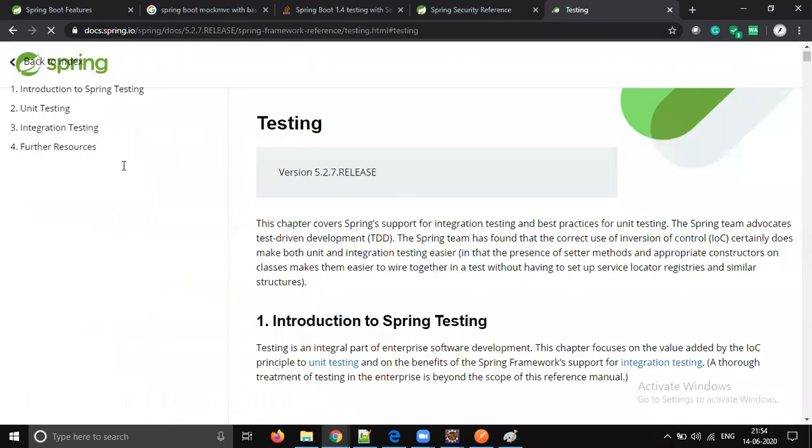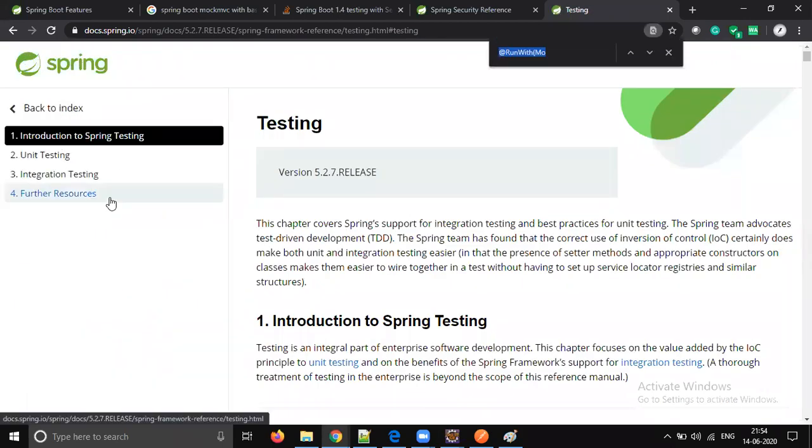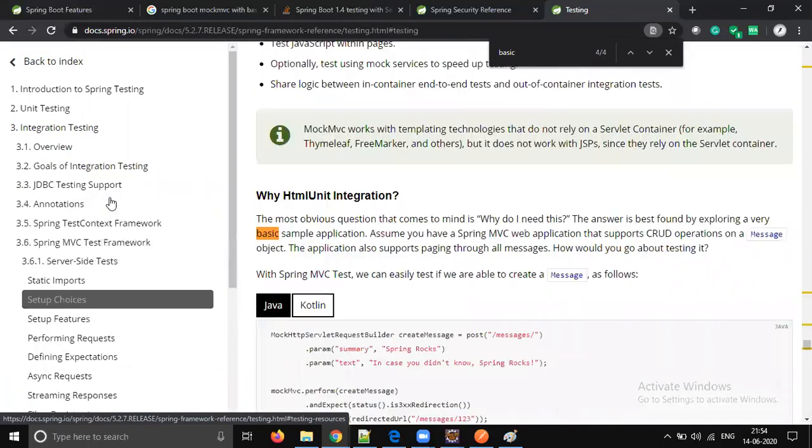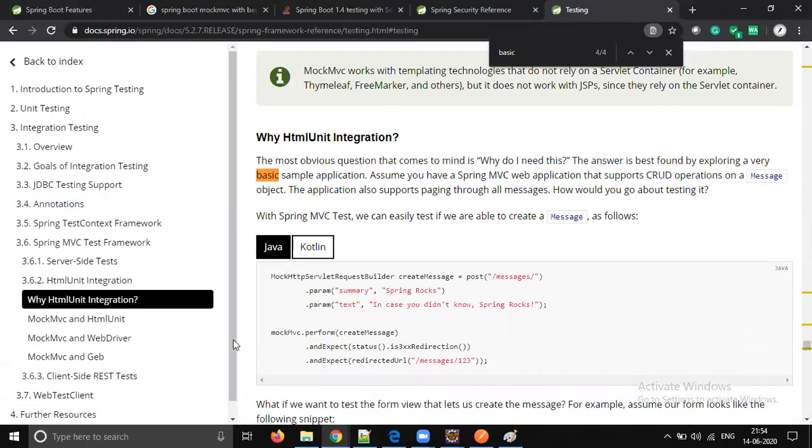So in integration testing, basic. What is this? These people are not talking about anything related to it.